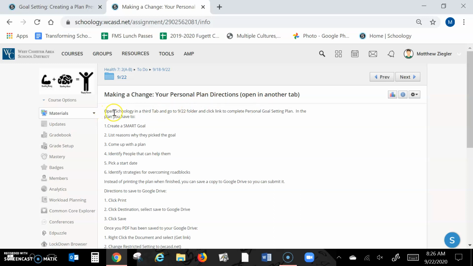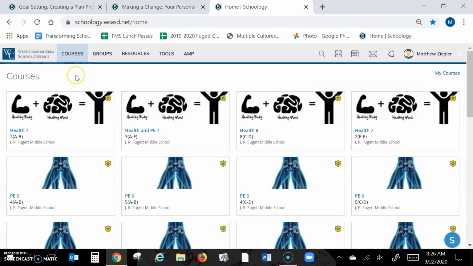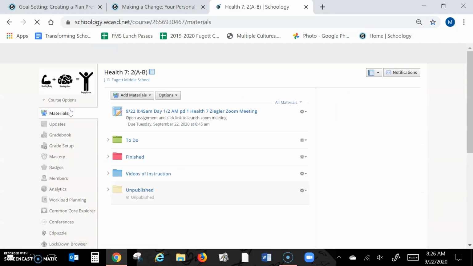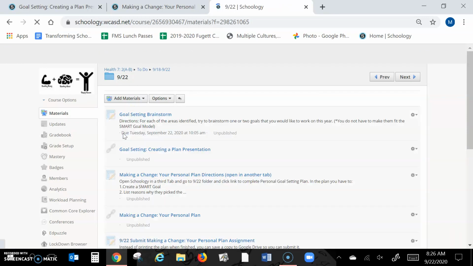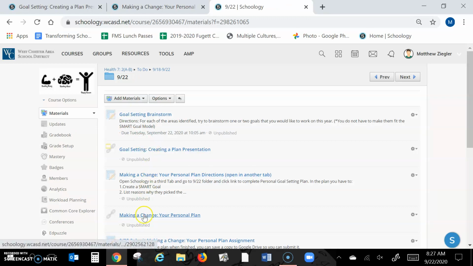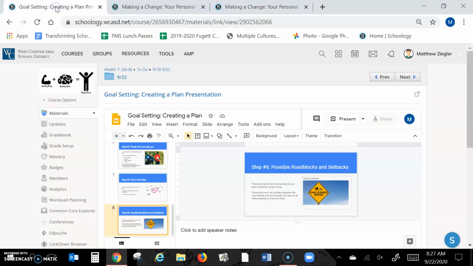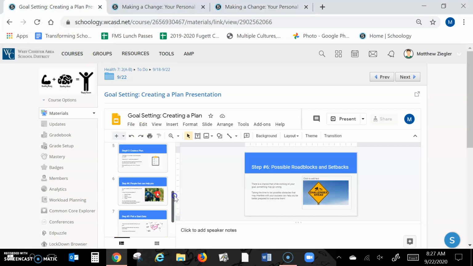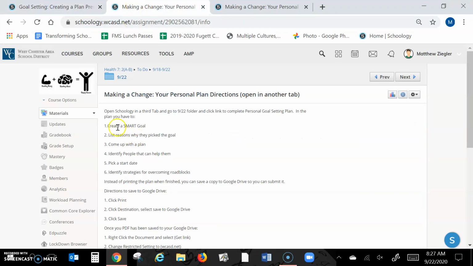And like it says here, open it up in another tab, the presentation. But now you'll see here the first direction is to actually open up a third tab. So opening up a third tab for Schoology, coming back, and then really the assignment's pretty self-explanatory, but if you have these two tabs open, you could reference back to them in case you get lost. So here's the third one, the link to the actual assignment. So just like I said, this isn't necessary, but it's nice if I have the presentation open right here. I could click on step number 1, which is the SMART goal. I could be looking at my directions here again.